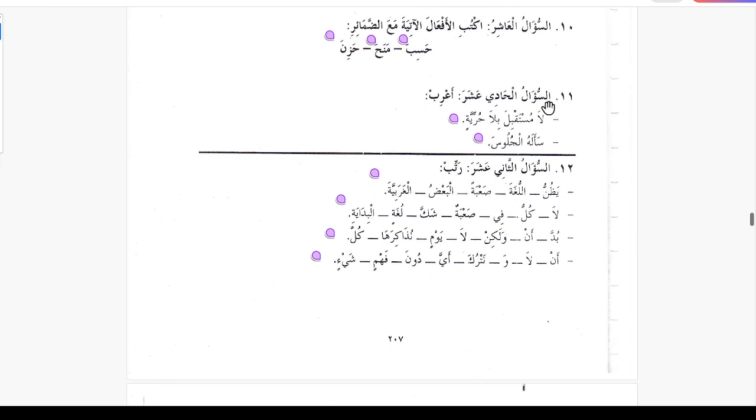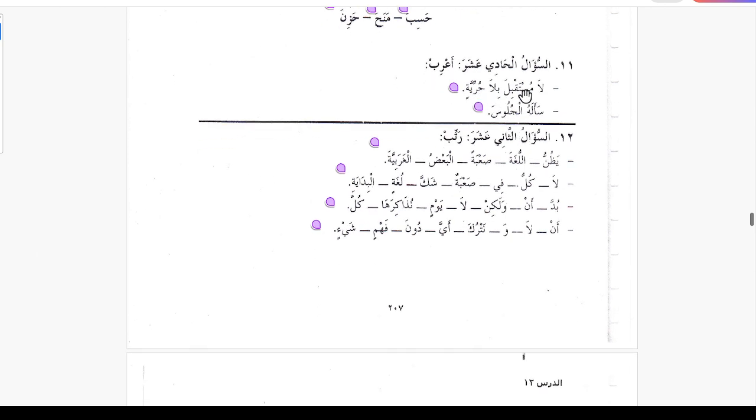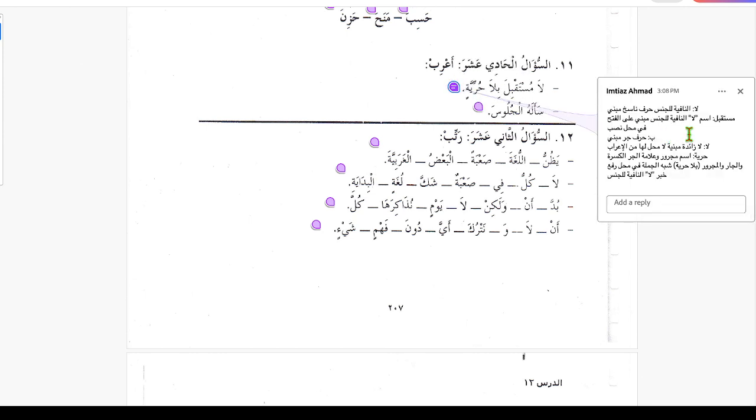Question number 11. Aswalul hadi ashara, arib, we have to put Arab here. So we have just done some Arab. Is this similar to one of them? So la is la nafiyatu lil jins, harfun nasikhun mabni, and mustaqbila is ismu la nafiyatu lil jins, mabniyun alal fathi